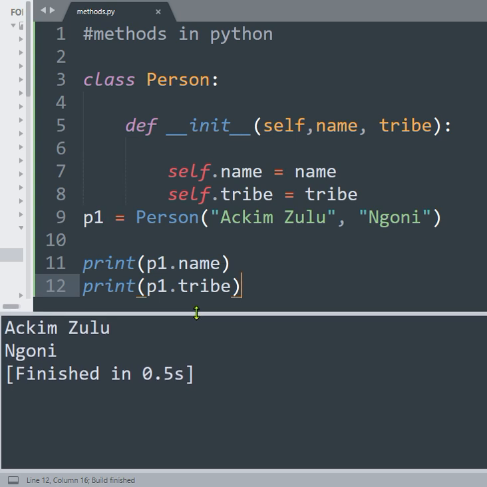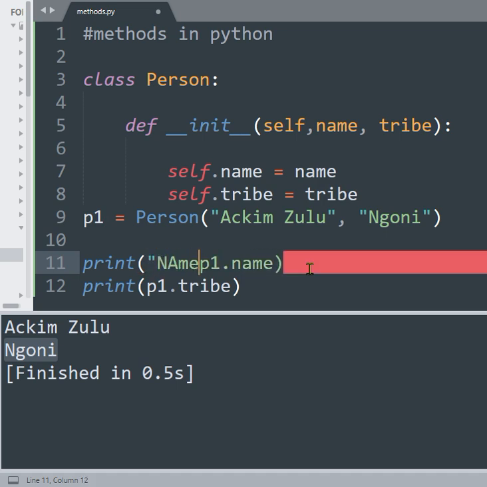So you can see right there on the left corner on my desktop, we have on the screen Akim Zulu, Ngoni. So sometimes when we come to programming, you can just try to become more specific. Let's say I'm just going to say name. So name is